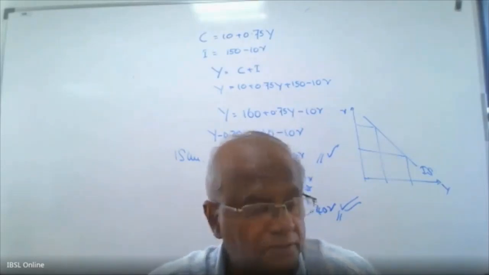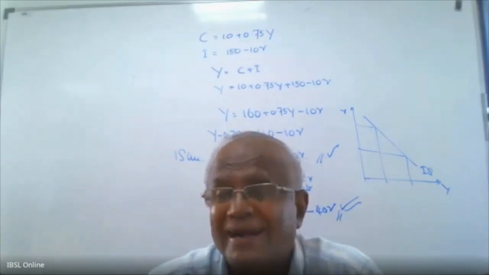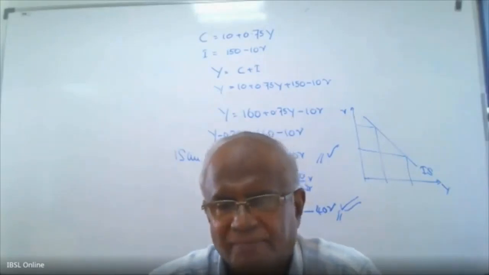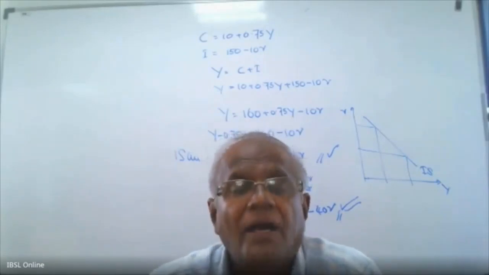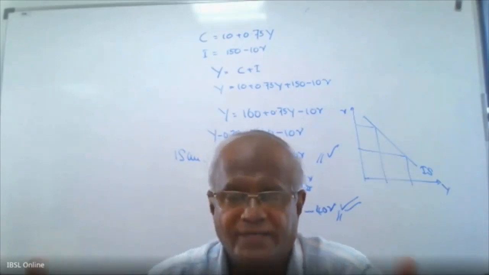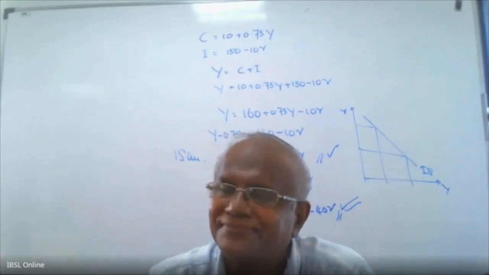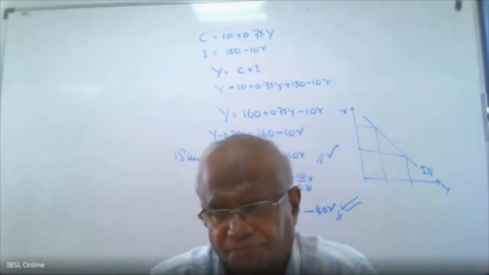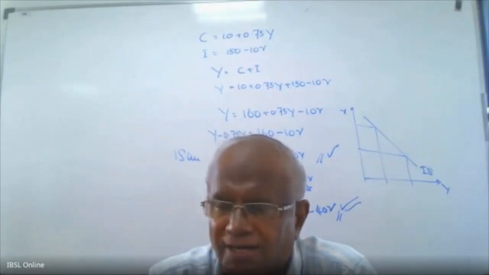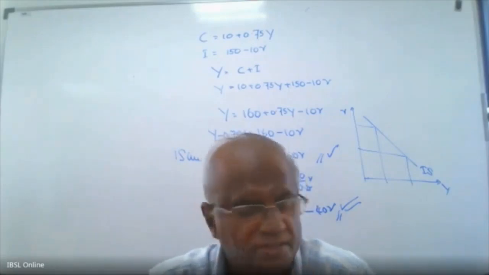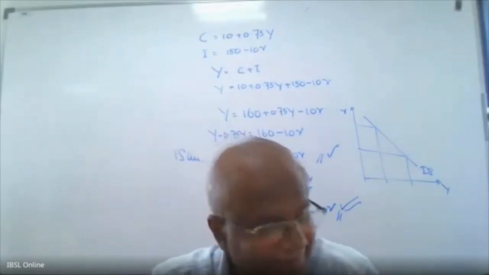Okay. Now this LM curve, money market: demand side, supply side. Money supply we discussed. Then the demand function, demand for money; money market equilibrium means demand for money equals supply. First, let's discuss what is money, the functions of money, and the factors that affect the demand for money. Three things.